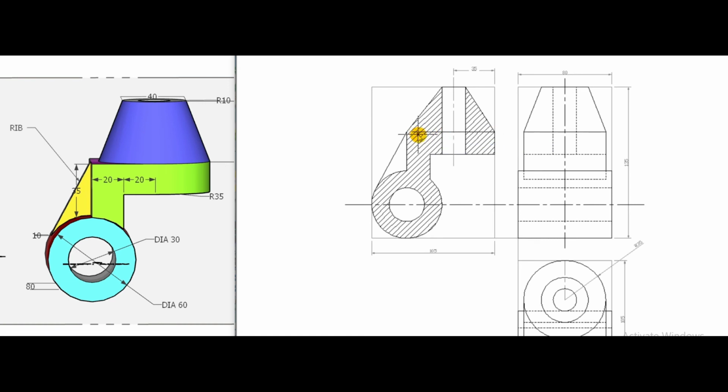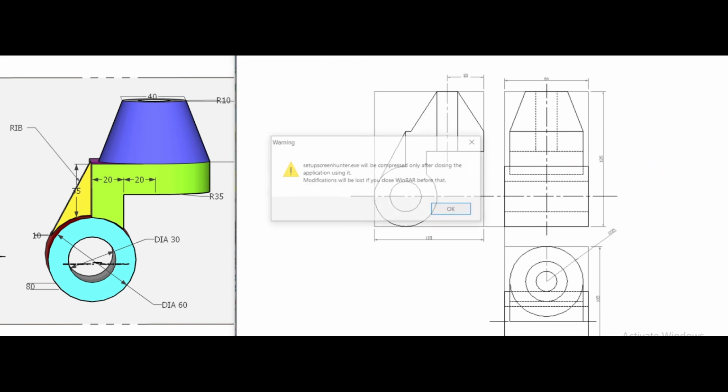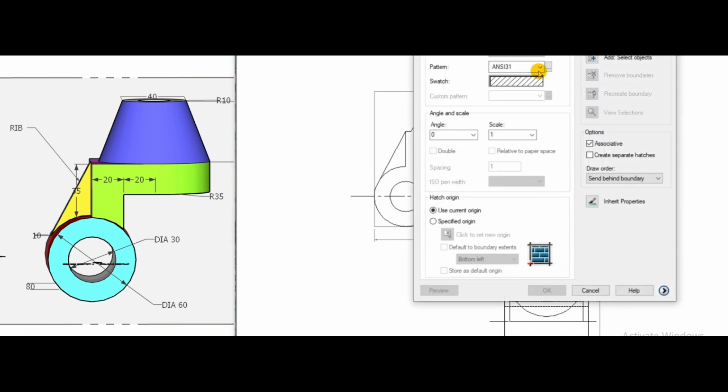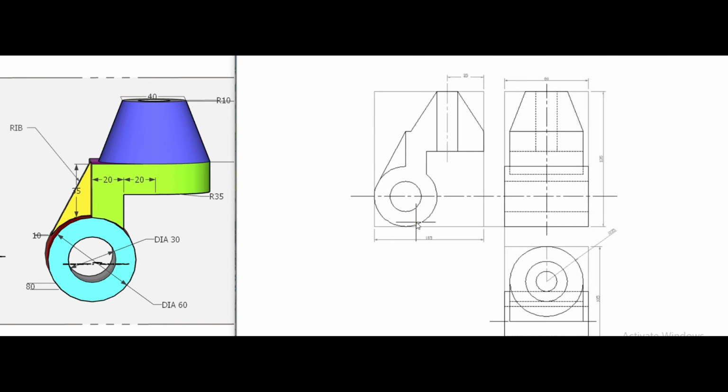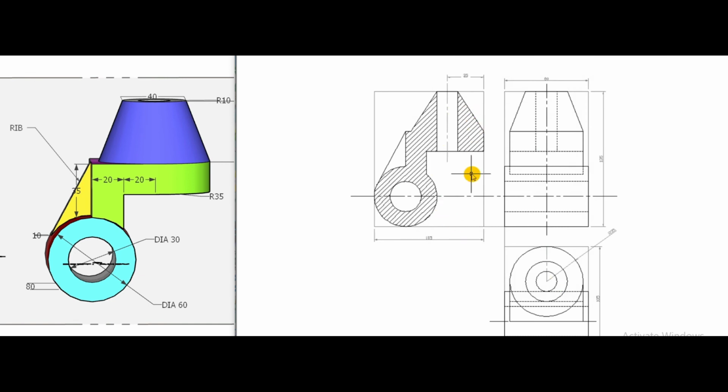So we have to draw this line up to here. So in this portion we have to show the hatching line, where actually the material is removed. So in this portion the material is removed, and this is a sectional side view.